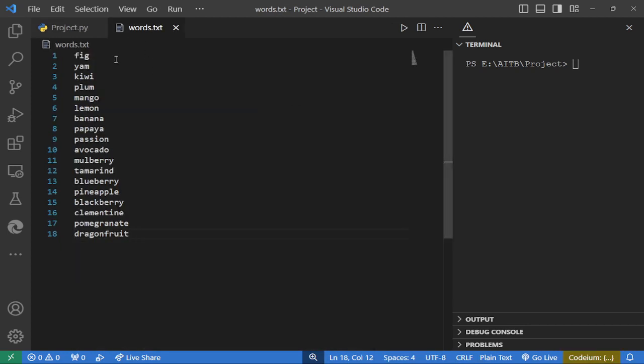And this is our file, words.txt. You can modify it in any way if you want. So we here have some fruit names, a fig, yam, kiwi, etc. So anyway,